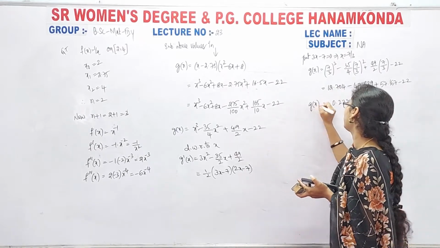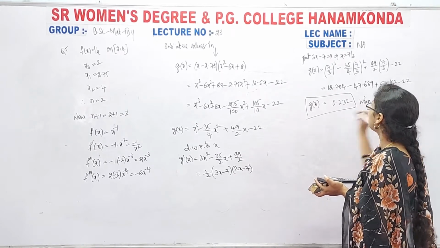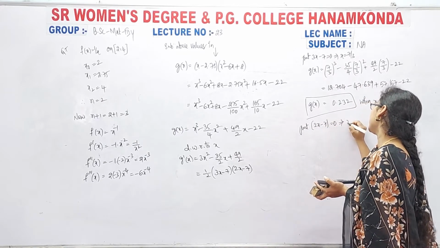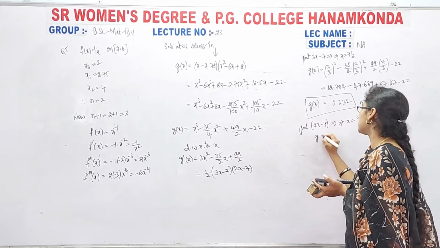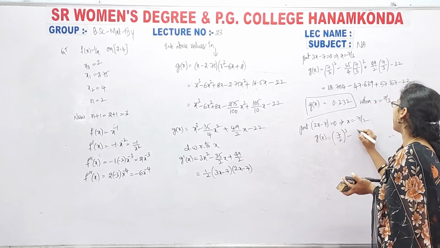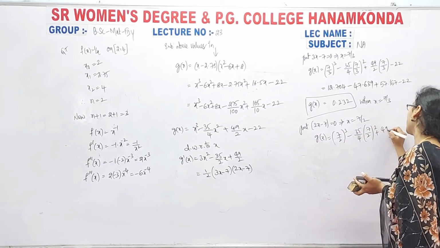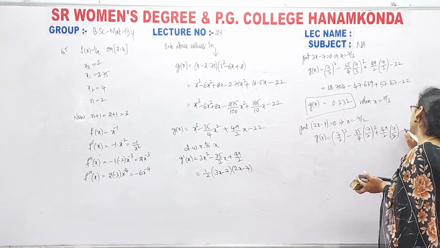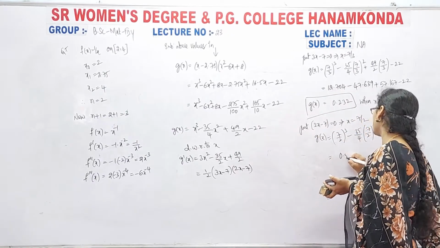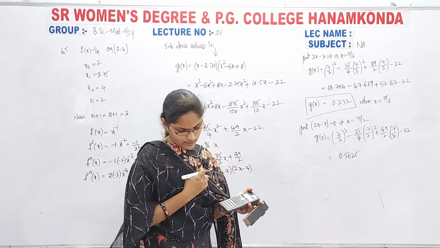Now it is nothing but the g of x value when x is equal to 7 by 3. In a similar way, just put 2x minus 7 equal to 0, then x is equal to 7 by 2. So when x is equal to 7 by 2, g of x is nothing but 7 by 2 whole cube minus 35 by 4 into 7 by 2 whole square plus 49 by 2 into 7 by 2 minus 22. So now here you will get the value, just calculate, and here you will get some 0.56 so on. Okay, I am giving the 25. You will get some approximate value also.